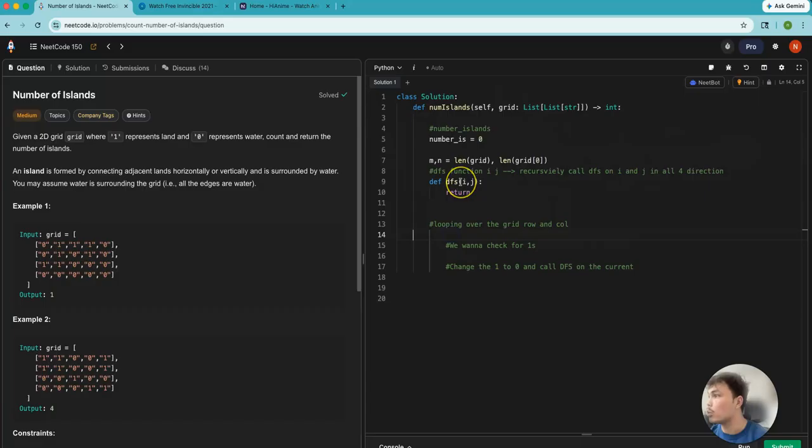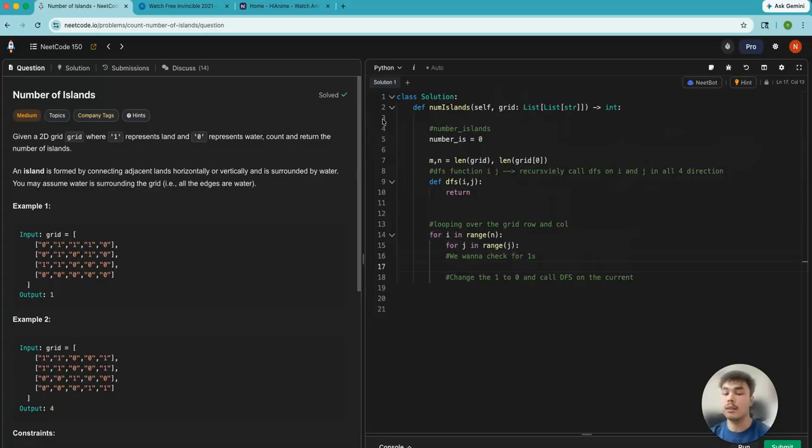So now I want to loop over for i in range of n. So now we're going through each row, and then I want to go through each column, and only if the item that we're on, so if i and j,